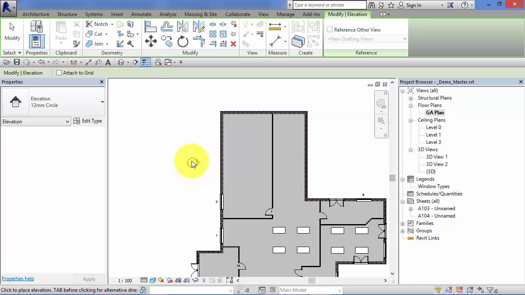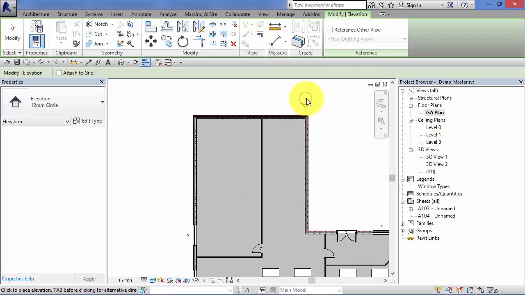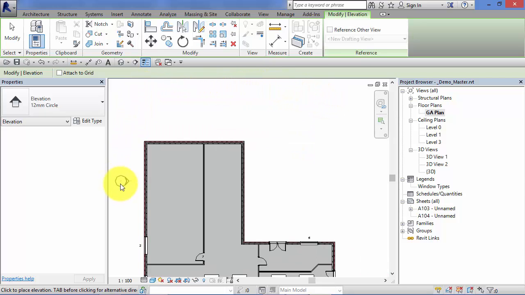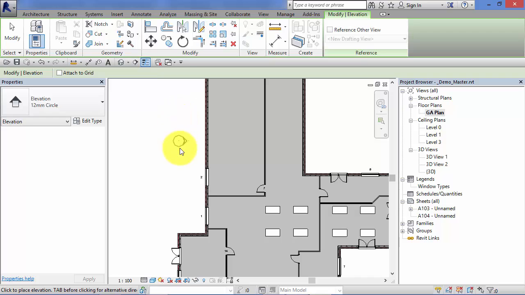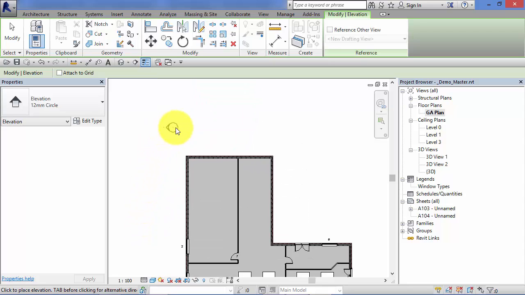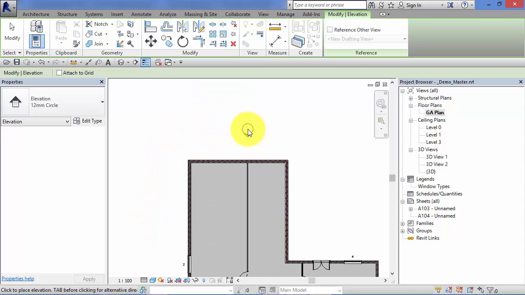Notice how as I move around the project, if you look at the little triangular tip, notice how it's sort of magnetizing itself to the building. So Revit is trying to predict what we might be interested in creating an elevation of. So I'm going to start up here, click to place,